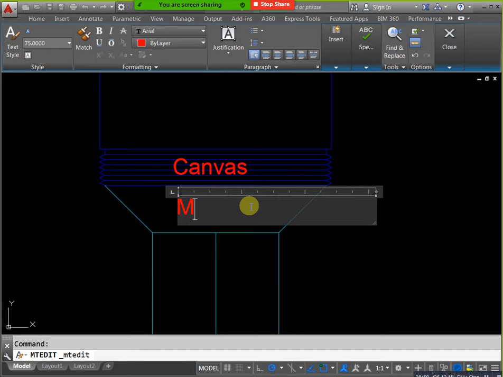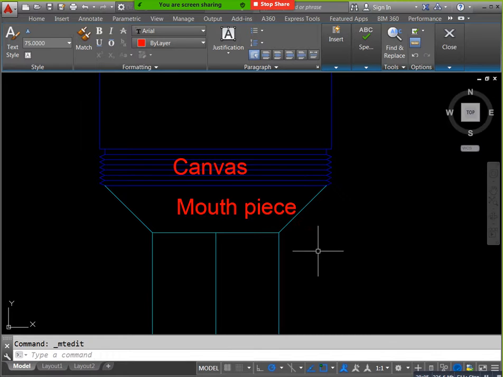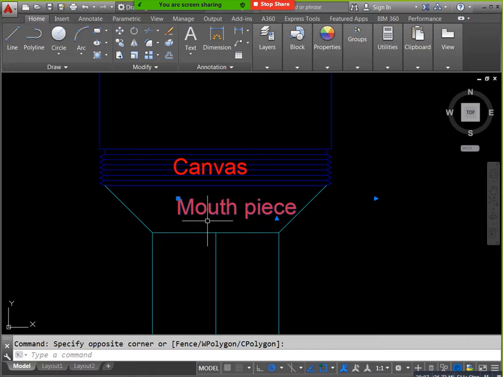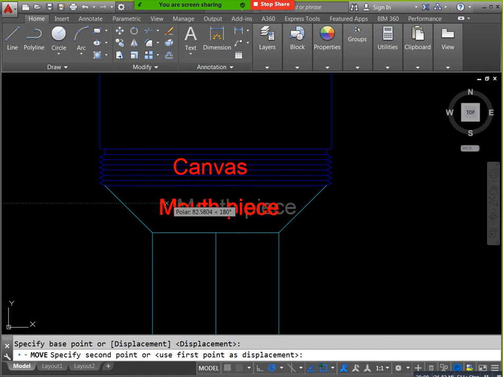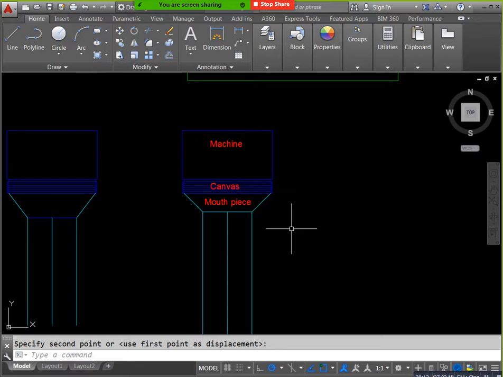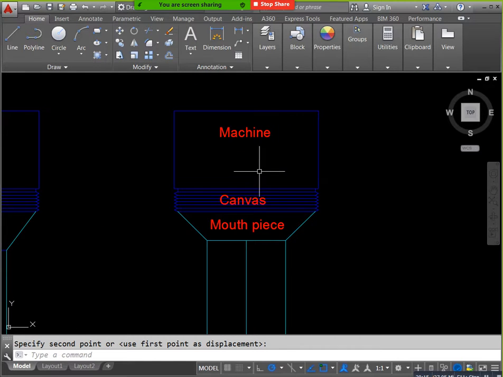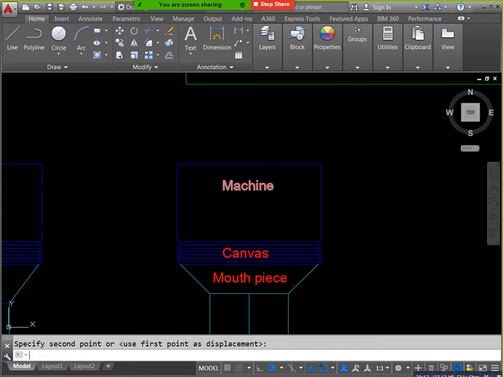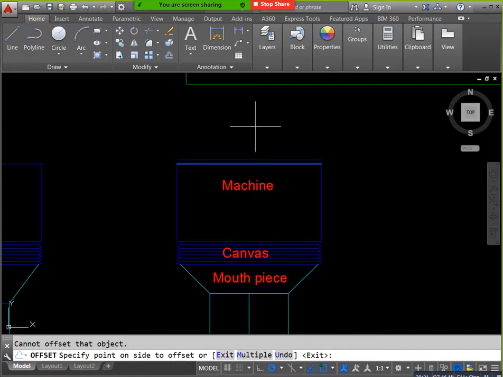Okay, and we have one more, that is you will take it as 30 or 15. You can apply like this. Okay, and offset 25. You can give like this on this side also. Then you will take fillet, enter, 0, enter.